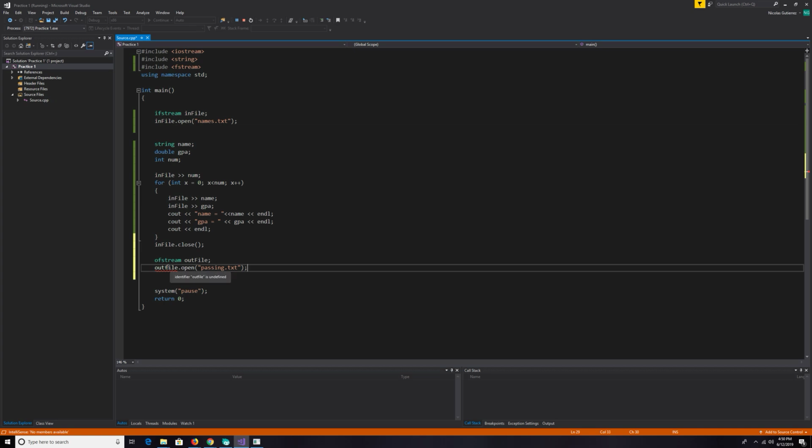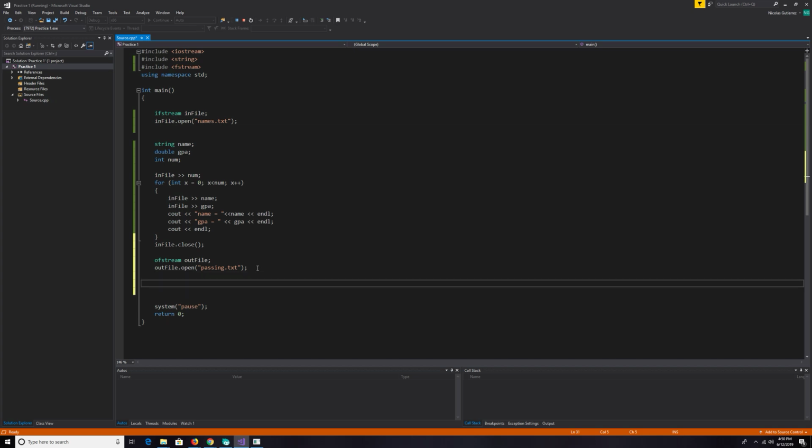Notice it gave me a little squiggly here. The reason why, this is capital, this is not. That was unintentional. Okay, now that I already have this information here,